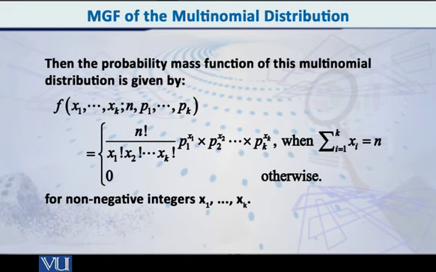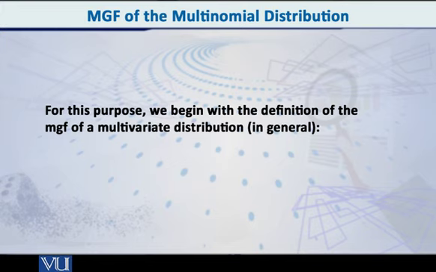where the sum of the xi's, i going from 1 to k, is equal to n, and the rest of it you can look up and you have already studied it. So now let us focus on the MGF of the multinomial distribution. For this, students, I would like to first talk to you about the definition of the MGF of a multivariate